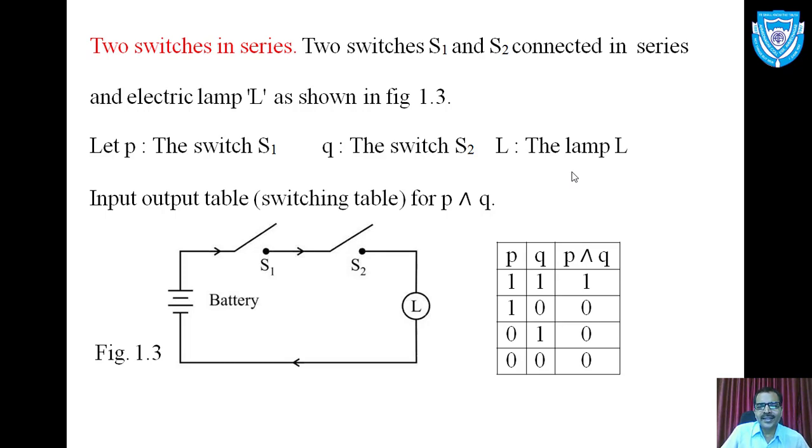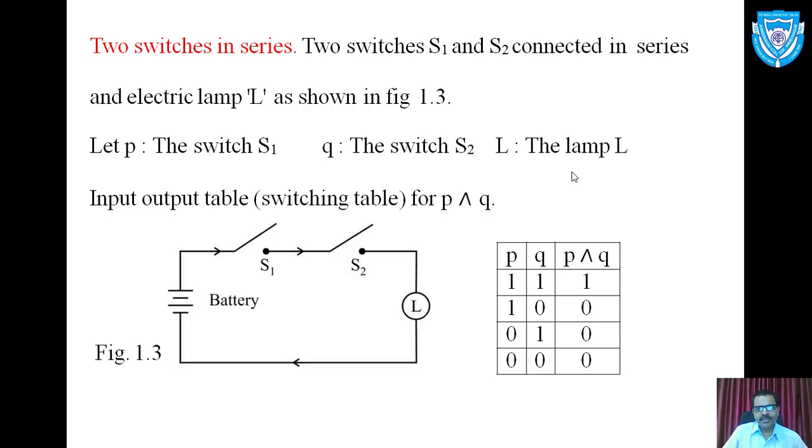Okay, one can say that P and Q is equivalent to logical statement L. So capital L represents the lamp L in the on state, and that statement is same as the conjunctional statement P and Q. So the logical statement L having truth value T means we have to understand the conjunctional statement P and Q having truth value 1.